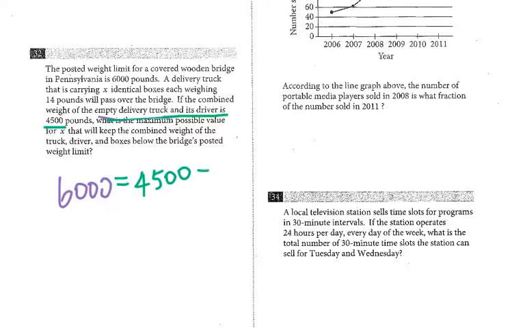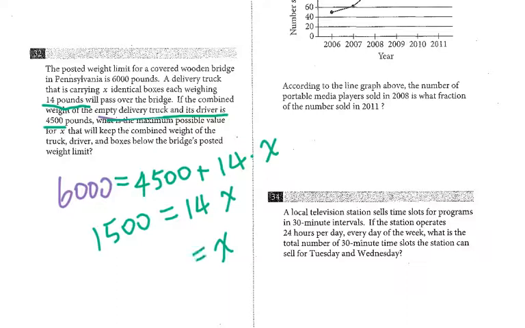You need to add 14 pounds times x. Then solve for this x. You will get 1,500 because you subtract 4,500 from 6,000, then you get 14x. Then the x will be